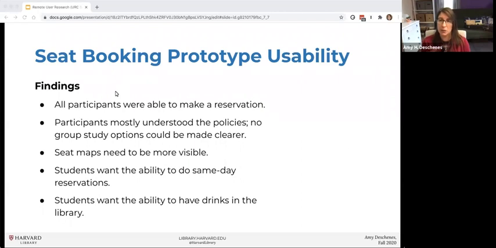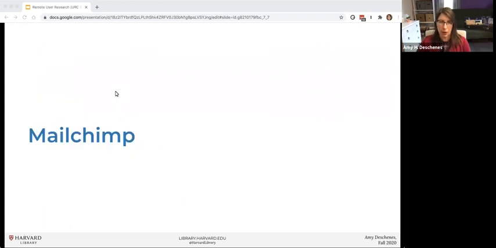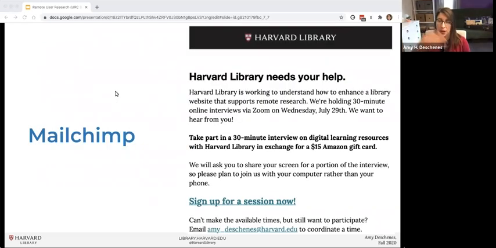I think, like I said, this was a pretty straightforward, simple usability test. I think it translated beautifully to doing over Zoom. And it was pretty easy to recruit for it as well. Speaking of recruiting, so now I'm going to talk about a couple of the tools we use for this test.